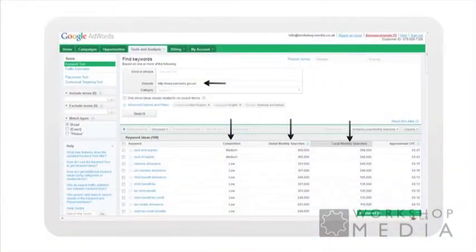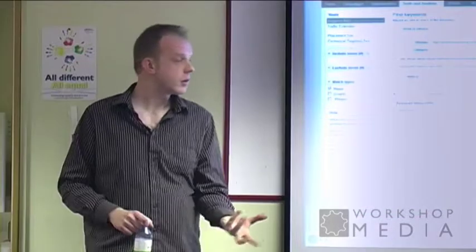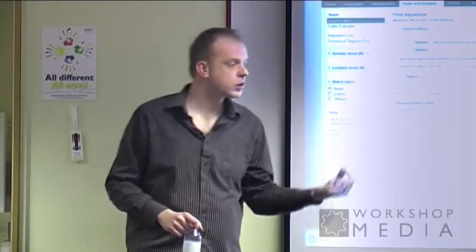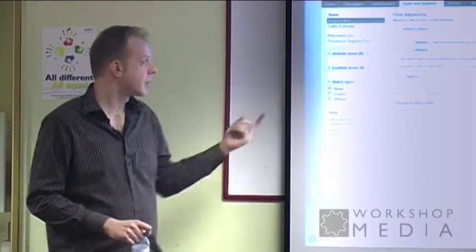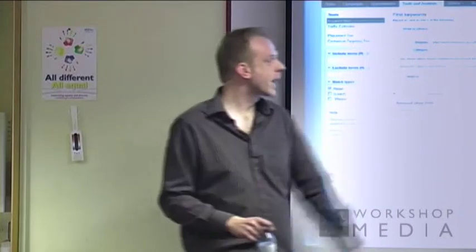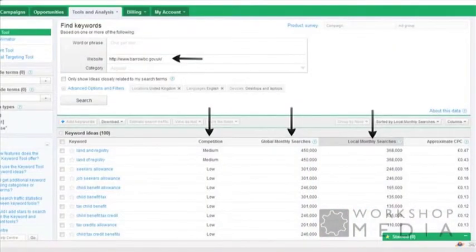Now, in terms of the website, you simply put the website in, and it's the same process again. You're looking for low competition keywords with a high local monthly search. And you can see I've typed in barrowboroughcouncil.gov.uk, and the top one is land and registry. So I don't know if Barrow Borough Council is creating enough content for their land and registry, but people are searching for it and people are looking for it on